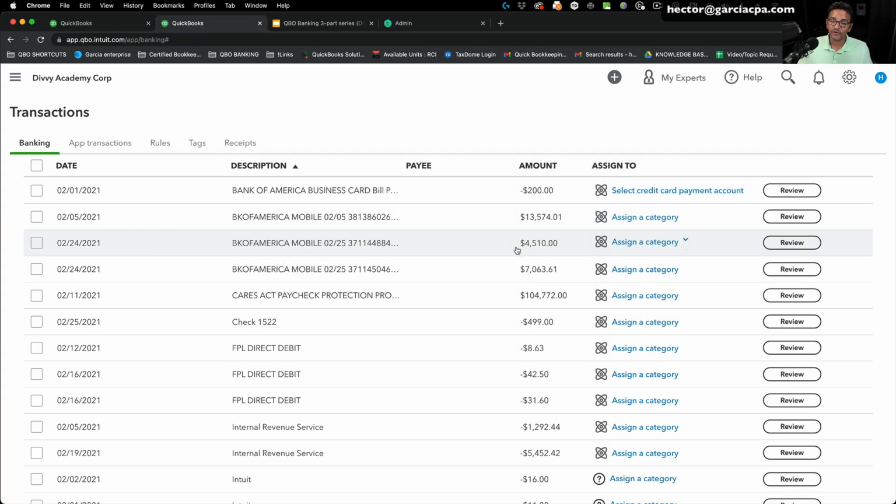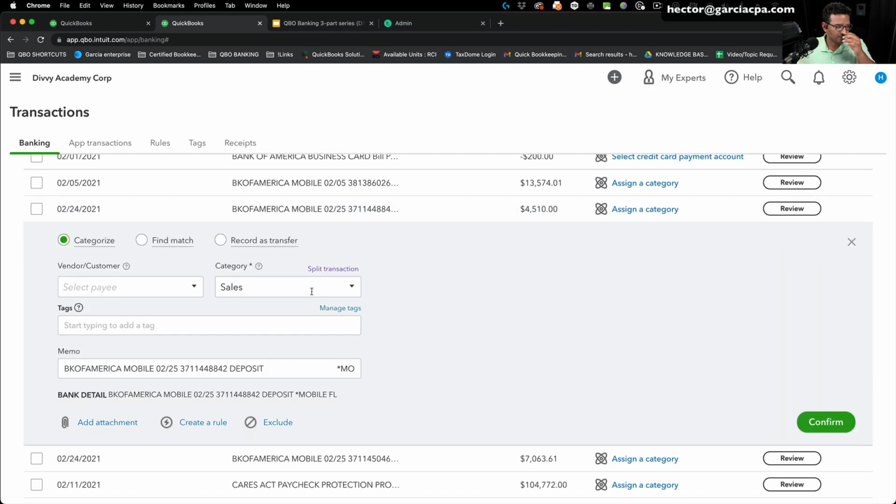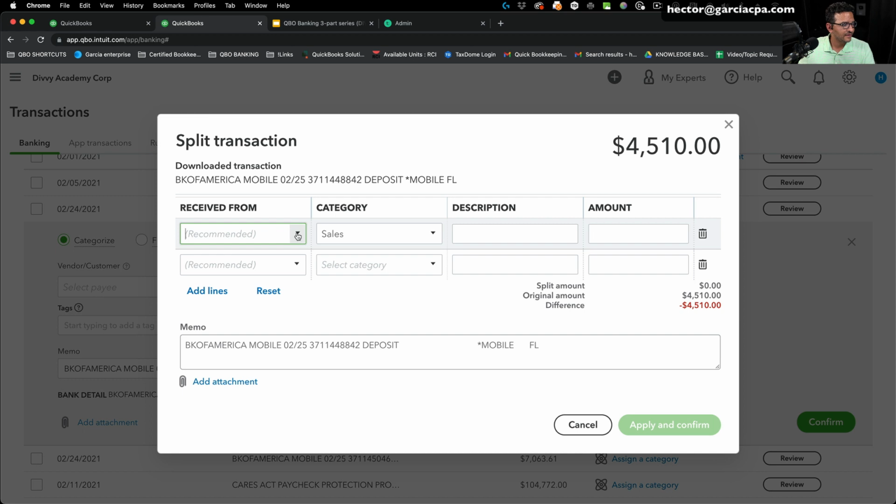Let's say this $4,510 is actually a $4,600 invoice that was paid, but the merchant fee is taking away $90. There are basically two ways to do this. One is, again, assuming I'm not using the invoice workflow, I would do a split, and let's say we have